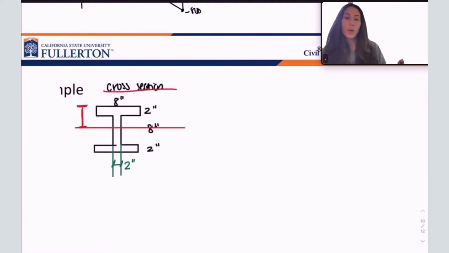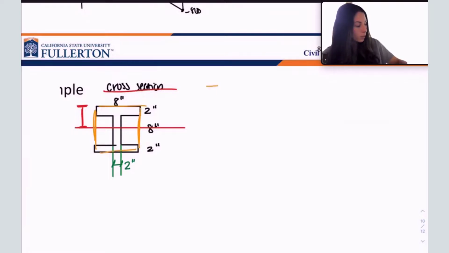In the video I go over for normal stress due to bending, I use the parallel axis theorem to calculate moment of inertia. Because I used the parallel axis theorem in the other video, in this video I'm going to show you a different method that you can use to calculate moment of inertia for certain shapes. Because the neutral axis acts at the center of this shape, I can use something called the cutout method. The cutout method says I can draw a box and find the moment of inertia of the